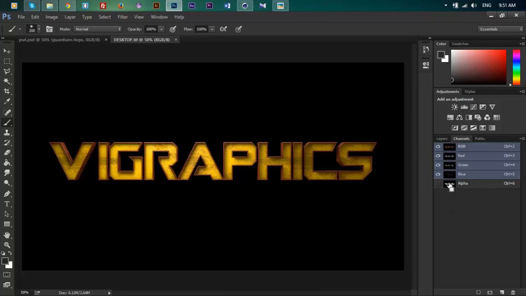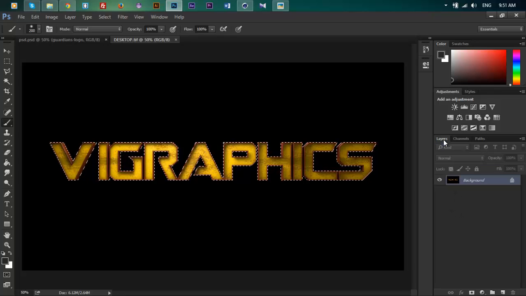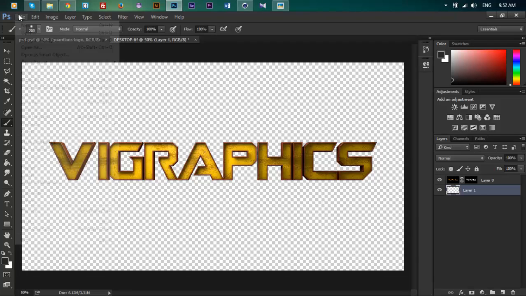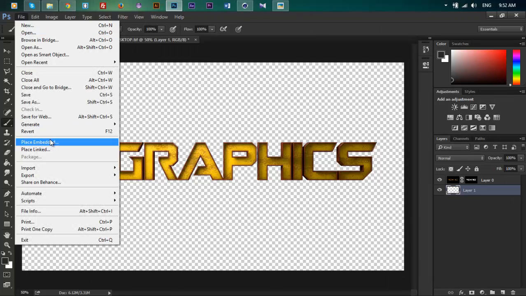Hold Control and select it, and this will create a selection for us. So we want to mask our layer to just keep our text with a transparent background. So let's hold Control and then hit create a new layer, and this will create our layer below our selected layer. Let's go to File and then Place Embedded,